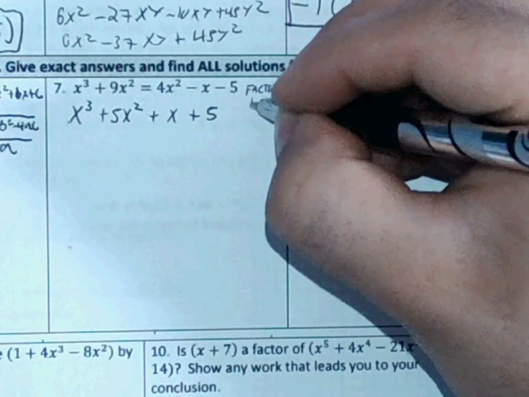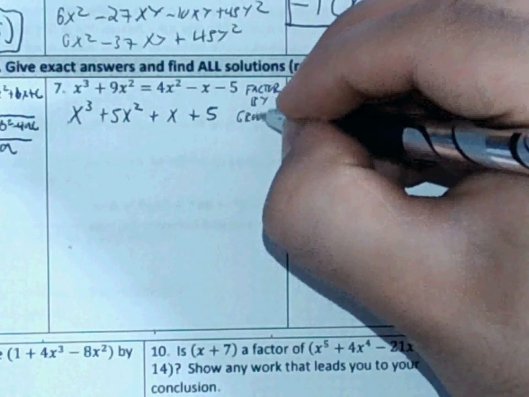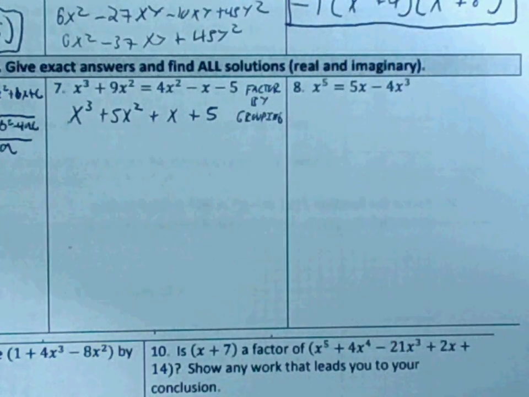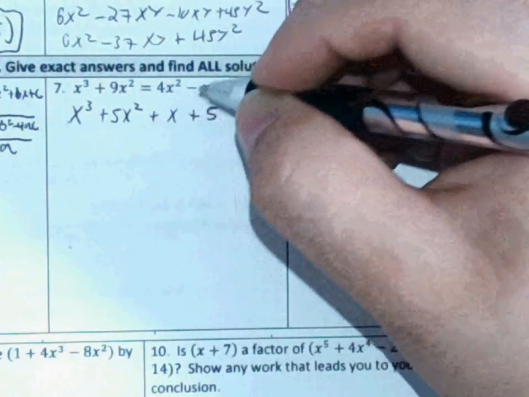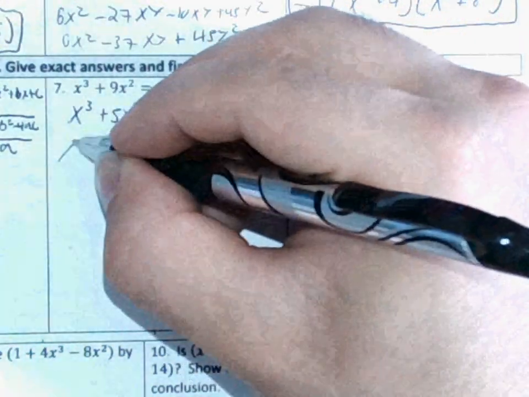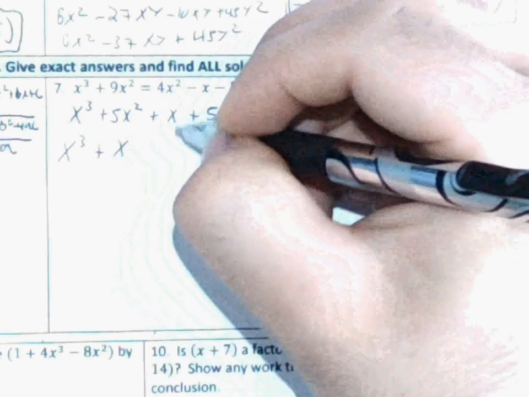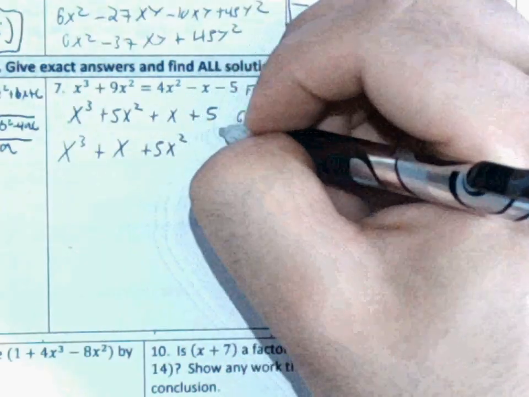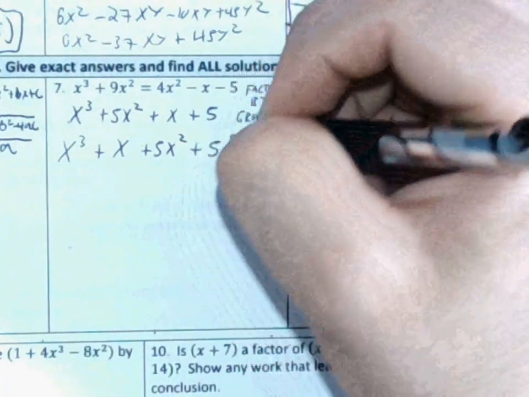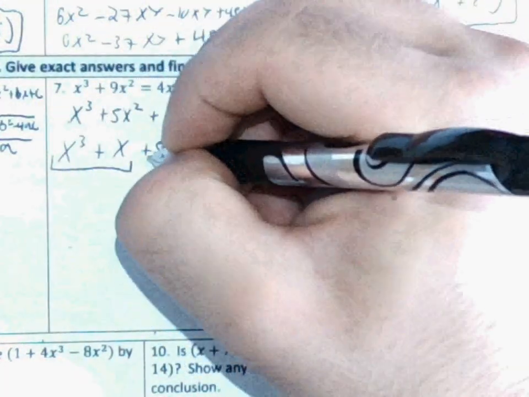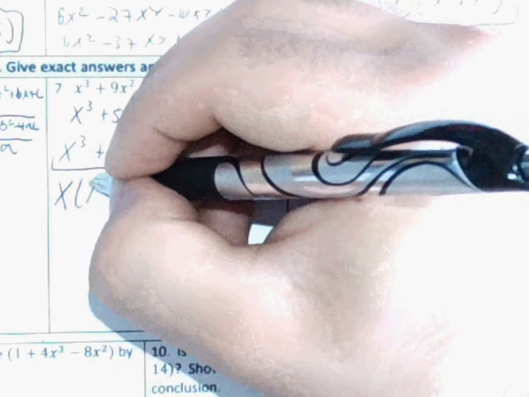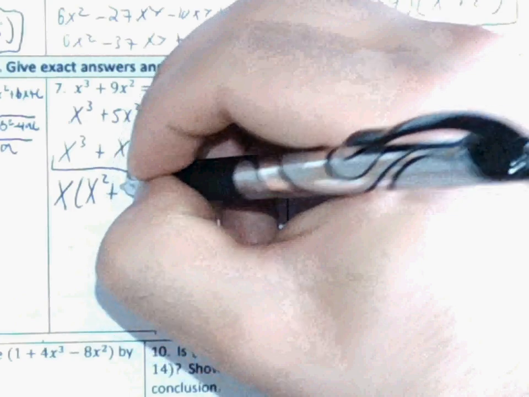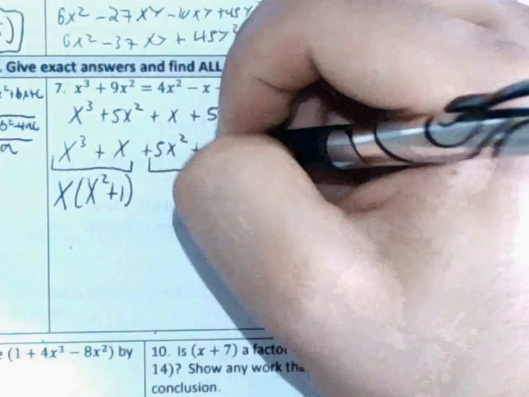So I can factor by grouping. And when I factor by grouping, what I do is I take terms that have common factors that I can take out. So I'm going to rewrite this as x cubed plus x plus 5x squared plus 5. And the reason I do that is because I can group these factors and take out the greatest common factor. So with x cubed plus x, I can take out an x, and I'll have x squared plus 1. And with 5x squared plus 5, I can factor out a 5